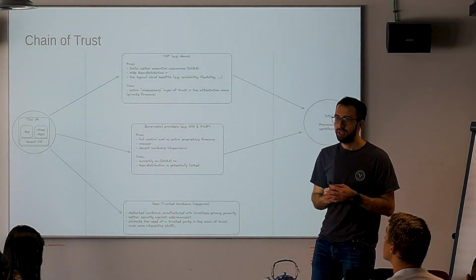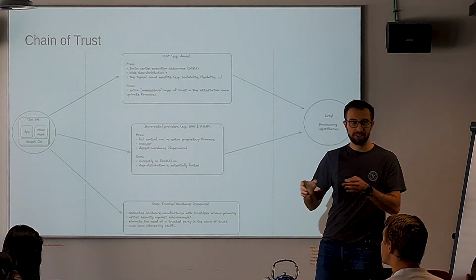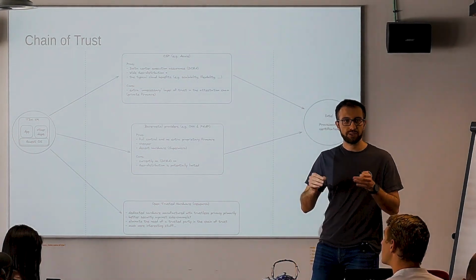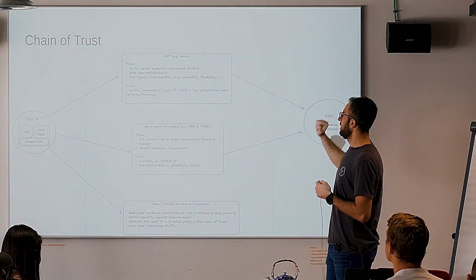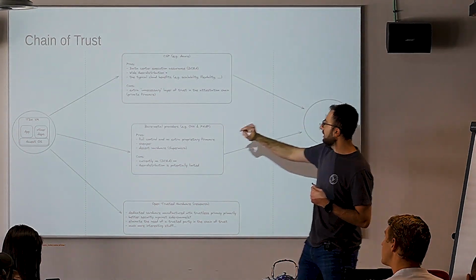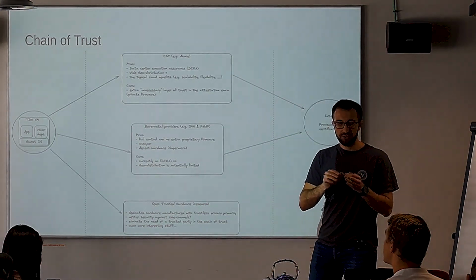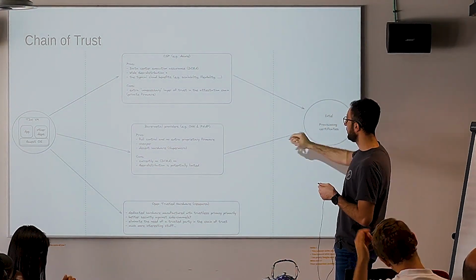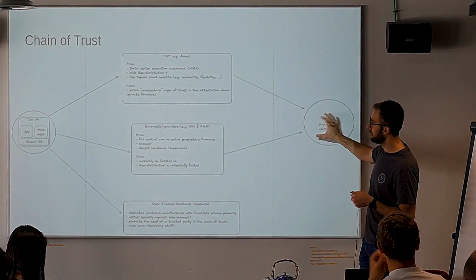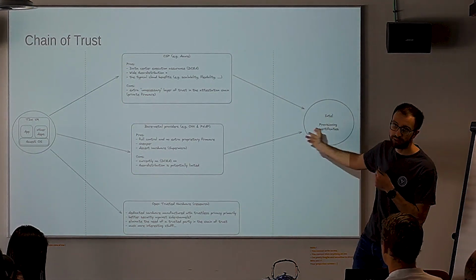However, you have some cons, which is you are adding an extra layer of trust, because there is the HCL, which is running your VM and so on. It's part of the attestation, because now the attestation is using the vTPM. And then, of course, last but not least, at the end of the chain of trust, when you are doing the provisioning,